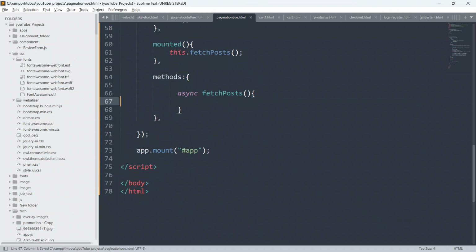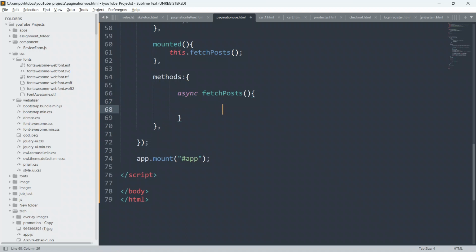And I will just use here a try catch block. As you all know, the try block is used to test the code, and the catch block is used to catch the error which is thrown by the try block.